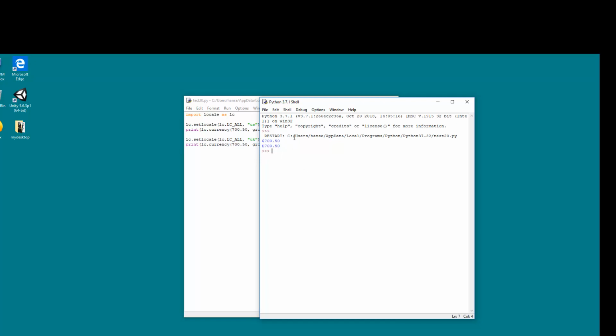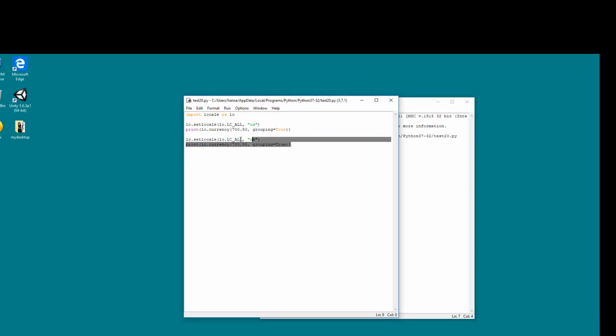If you had to do some actual conversion, that'd be a whole other story. We'd have to figure out the difference between a pound and a dollar and do conversion. This is more on the format end. And what the locale module gives you is a variety of formats and functions you can use for formatting. So let's try another one. It's kind of the last one we're going to do here,